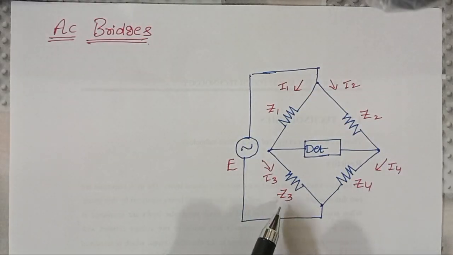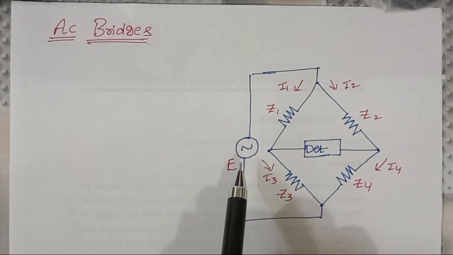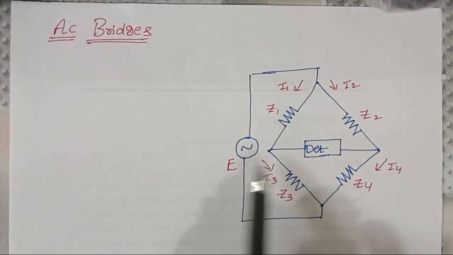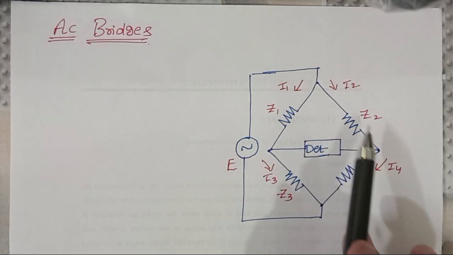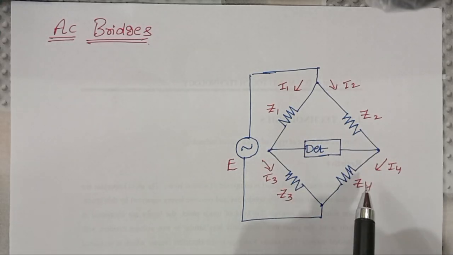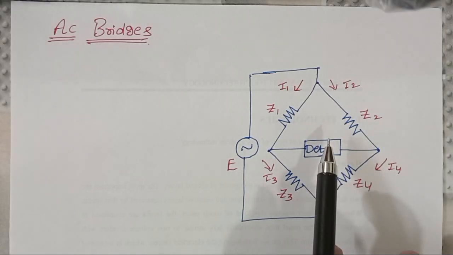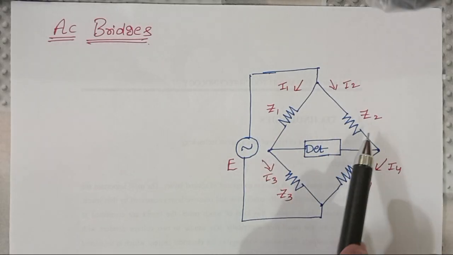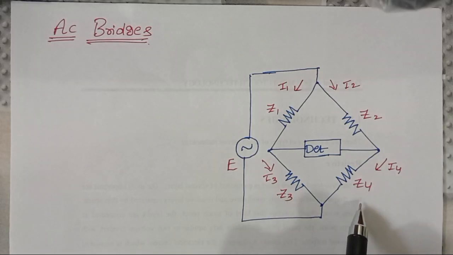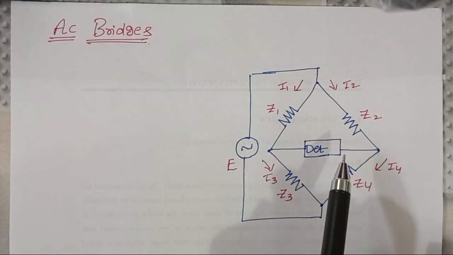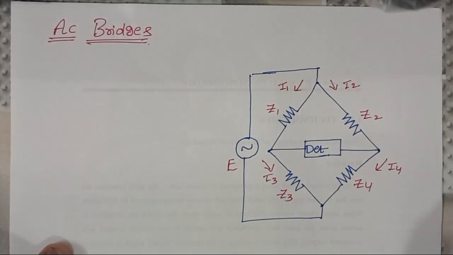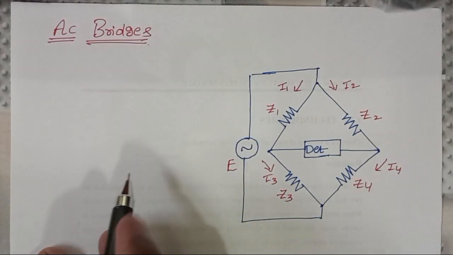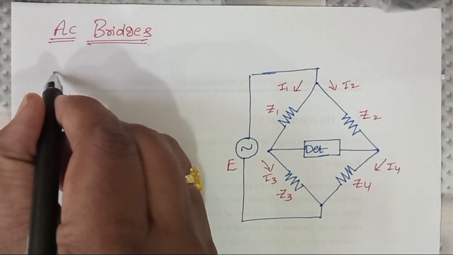Here is the AC bridge. The difference is that we are using one AC source and a meter as a detector, and everything is represented in terms of impedances Z1, Z2, Z3, Z4. These are the impedances in the four arms: the first arm, second arm, third arm, fourth arm. Now, to derive the balancing condition, we have to assume the bridge is in